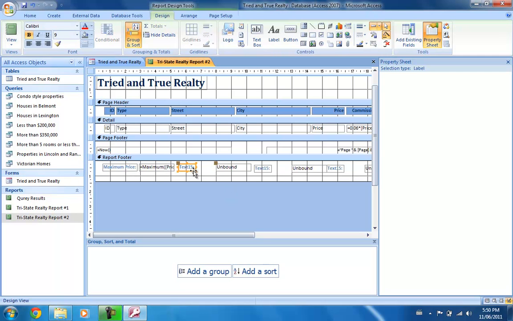In the next one, we have to write minimum price, colon. Perfect, and we're going to change that to equal to minimum in circular parentheses, square parentheses, price, close that off. Next one we're going to do is average price. So it's average price, colon, move the text box over so it's aligned perfectly, equal to average, circular parentheses, square parentheses, price,